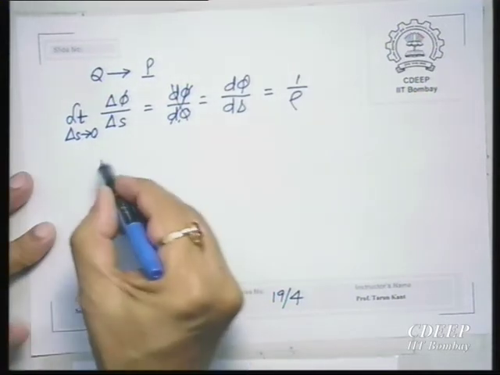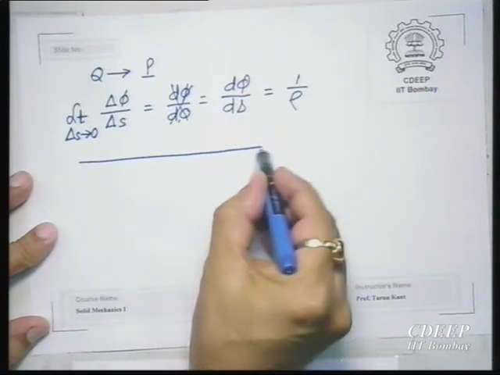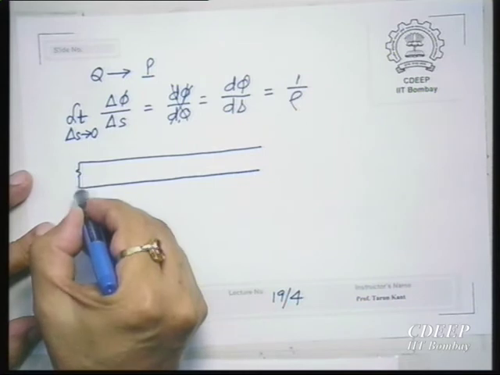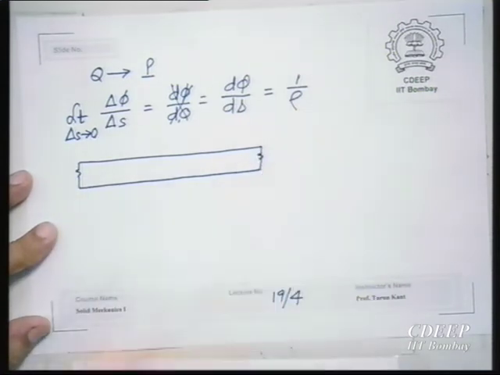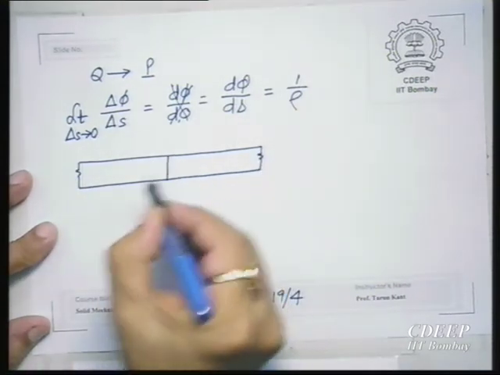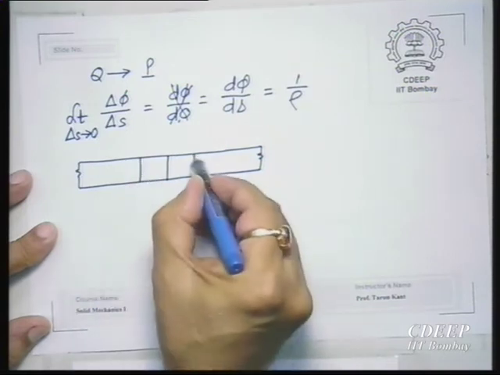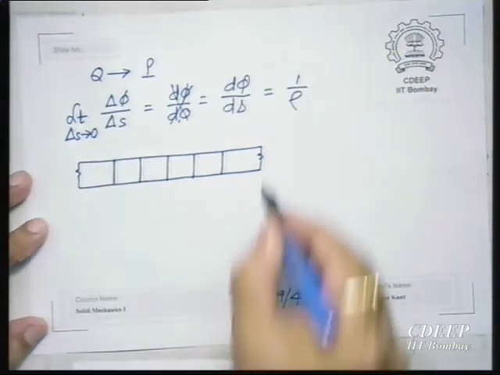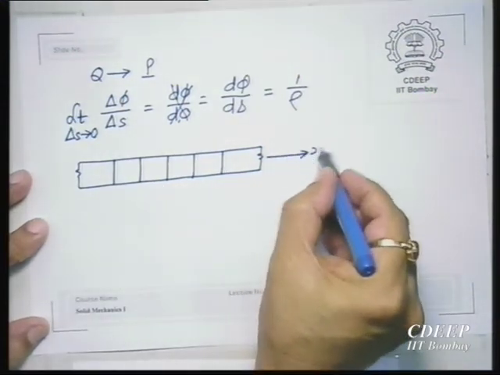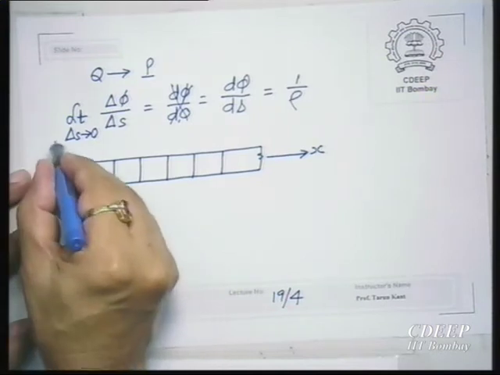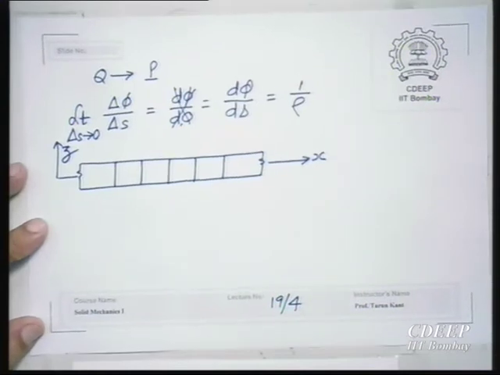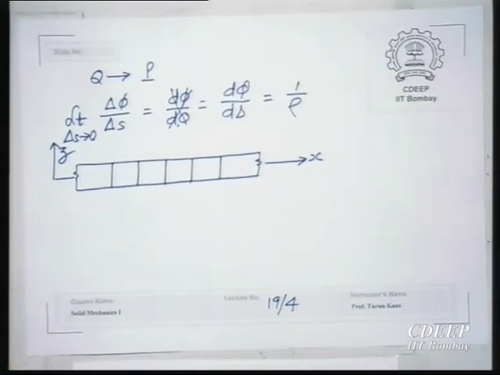So you have a, see I am going slow, I am normally very slow. So if you have these smaller elements of the beam, I am drawing this in the xz plane, because now we are doing everything in the xz plane. It is a plane stress problem, the beam is a plane stress problem, so everything is confined to the xz plane, it is a plane problem that we are discussing.